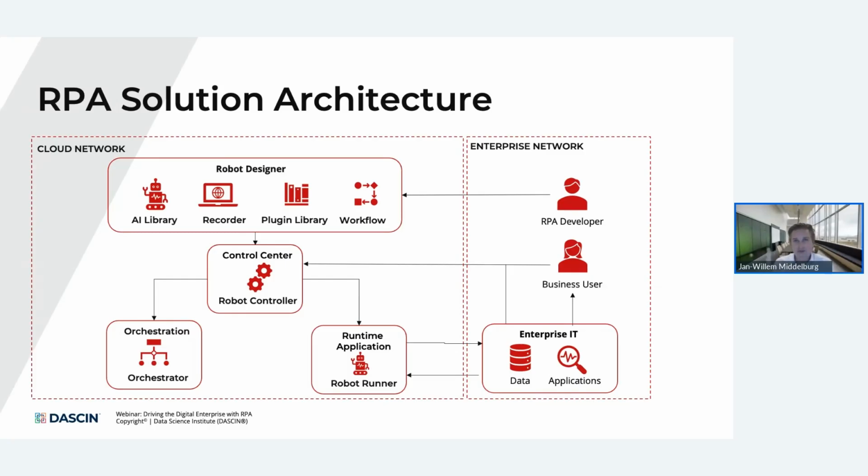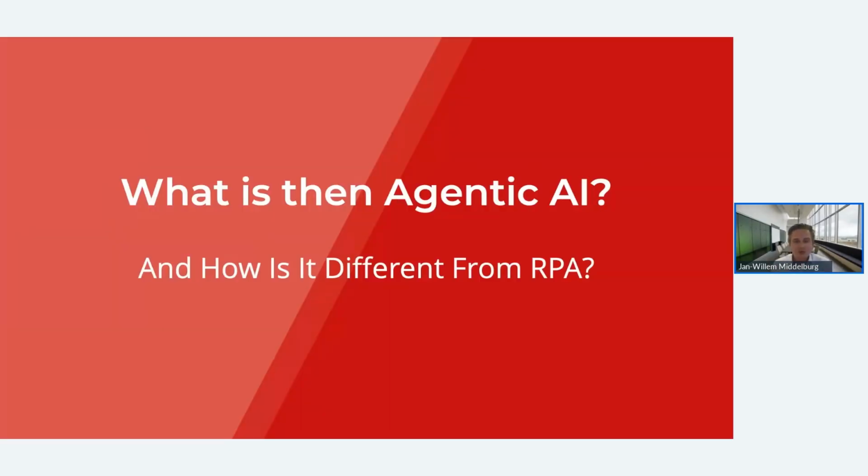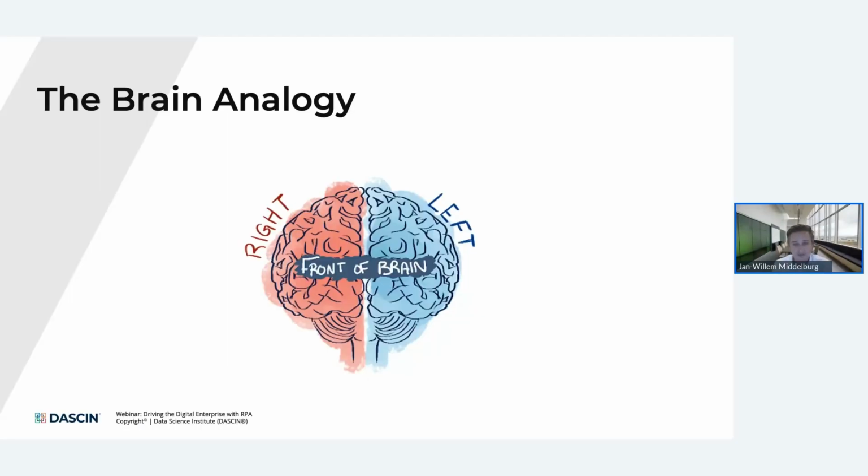Good. I hope that helps you to understand this a little bit deeper and in more detail. What I'm going to do next is dive into that last part a little bit, because obviously the main conversation these days is all about AI, and you have probably heard about agentic AI solutions. So I thought it would be useful for today's session to paint a picture of what agentic AI is actually all about, but also how it is different from RPA, now that you have a little more knowledge around what that is actually doing.